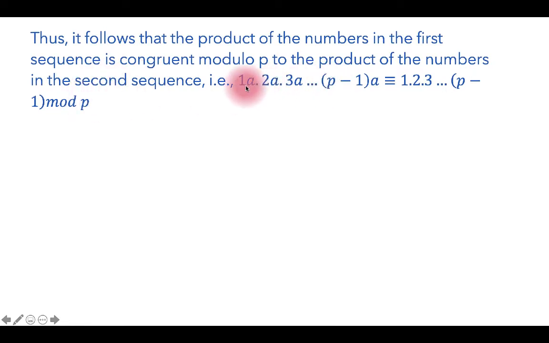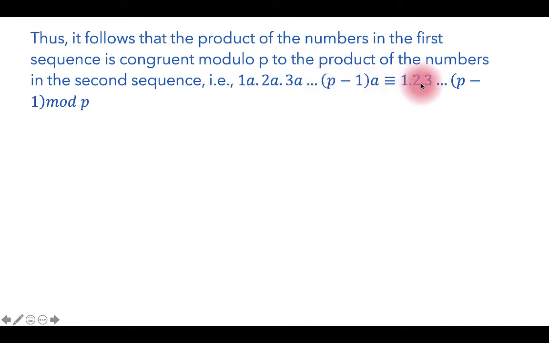And we can see that the product on the left side consists of p minus 1 copies of a, a into a into etc., p minus 1 times. So this product can be expressed as a raised to p minus 1, into the remaining factors, which are 1 into 2 into 3 into etc., p minus 1, which can be expressed as p minus 1 factorial. So the left hand side will be a raised to p minus 1 into p minus 1 factorial,